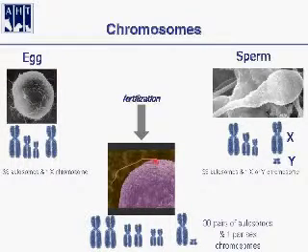I've shown just 3. Autosomes are the name given to the ordinary chromosomes. So each egg has 38 autosomes. Each sperm has 38 autosomes. And then each egg has a sex chromosome, which, in the case of the eggs, is an X chromosome. And each sperm also has a sex chromosome. Half the sperm have X chromosomes and half the sperm have Y chromosomes.